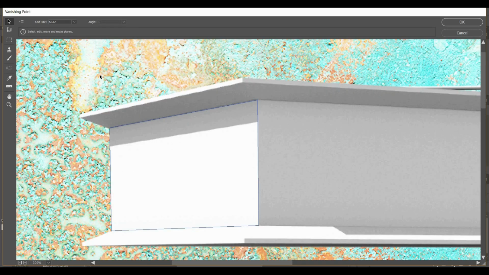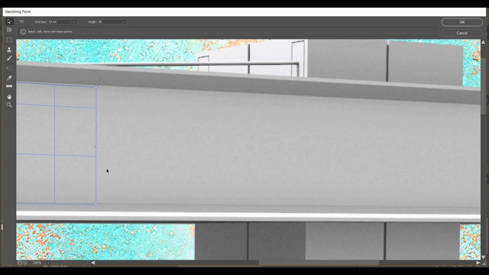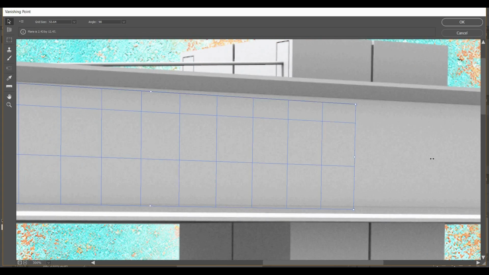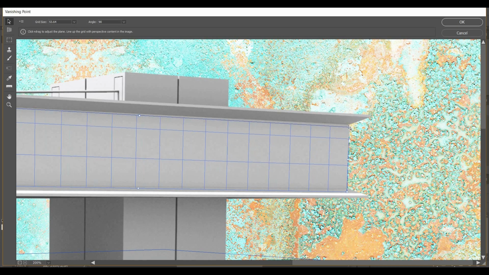Now once you have that plane made, this is actually a cool trick. You can click this arrow here, and then holding the Control key, it starts to create the next plane for you. And this isn't perfect, but it's better than having to draw everything. So what we'll do is we'll extend that all the way to the end, and then we can manually adjust